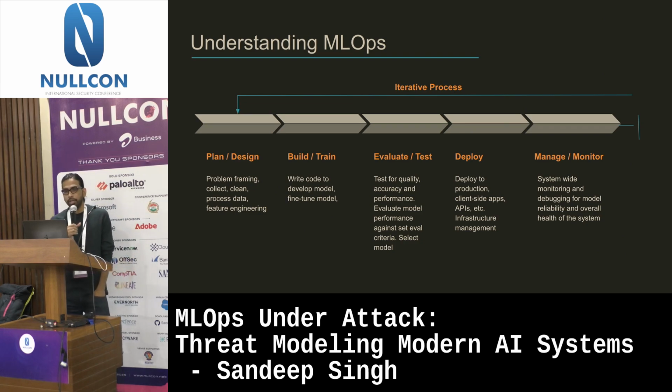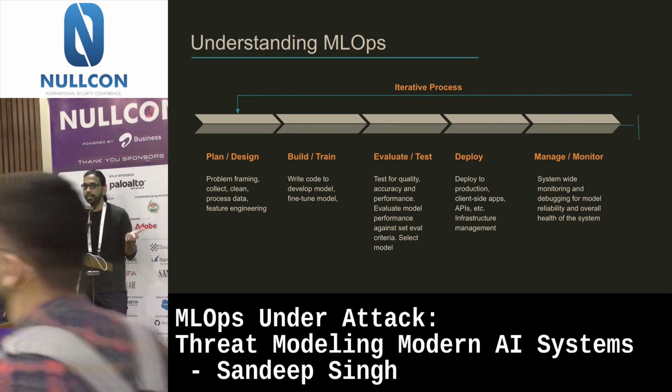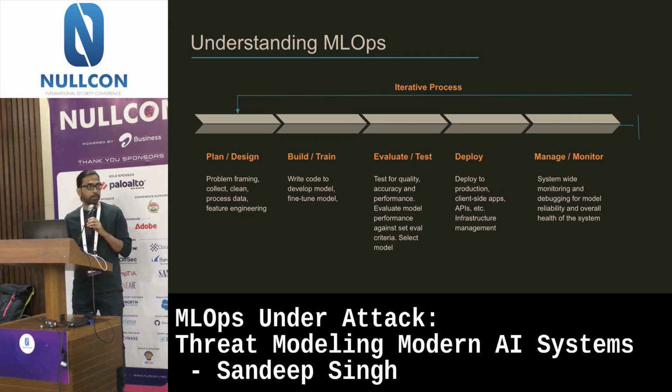Then they'll go into training the model. So they'll write the actual code for training the model. Or if it's the modern LLM systems, they'll take the foundation model and they'll fine tune it. So they'll write code to fine tune the model. Then you have evaluation, test cases. Evaluation is something which is pretty buzzy these days. So you may have heard about performance evaluation, testing if the model is actually performing the way it's supposed to perform. Then you eventually deploy that model into production. The deployment can happen in multiple ways, client-side apps, APIs. And during the deployment, there's also the backend infrastructure. How are you doing it? Are you containerizing it, etc., etc.?